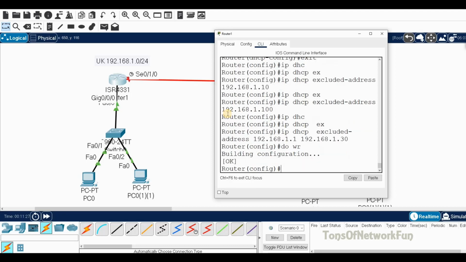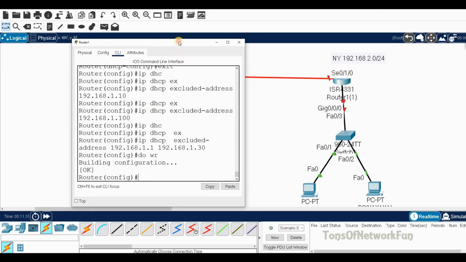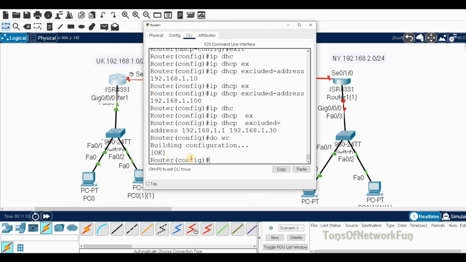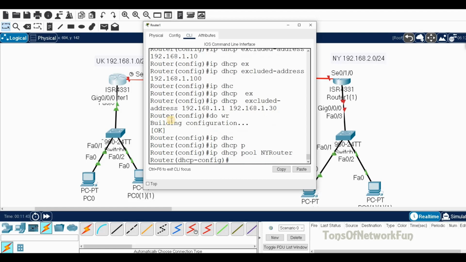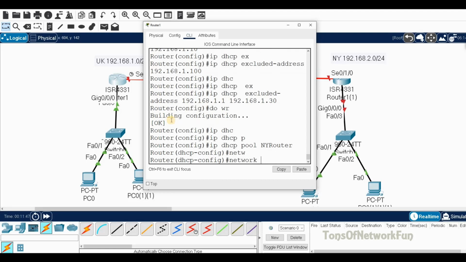Now we'll start the 2.0 network, which is in New York. We have to do everything on this router in UK. So IP DHCP pool name New York router, and network is 2.0, so 192.168.2.0